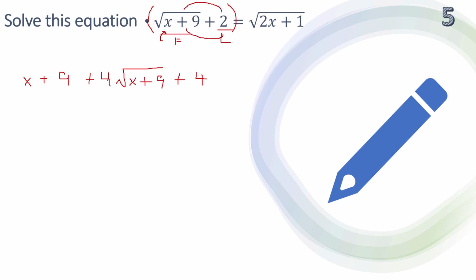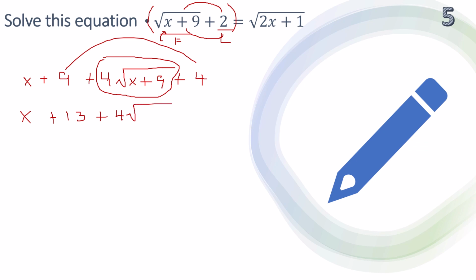It looks a little bit messy, but we're going to clean it up. Let's go ahead and put together the like terms. Now, I'm going to put a circle around this or parentheses, however you want to do it, because I don't have any more radicals that I can combine with that 4 square roots of x plus 9. But I can add the 9 to the 4 and get 13. So we get x plus 13 plus 4 square roots of x plus 9